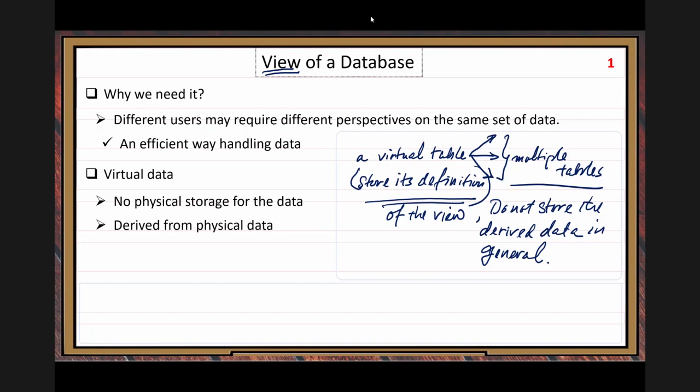But every time, in order to display the data for one particular view, you need to run the definition of the view to generate the data. Definition of the view. And it saves storage space. So this concept